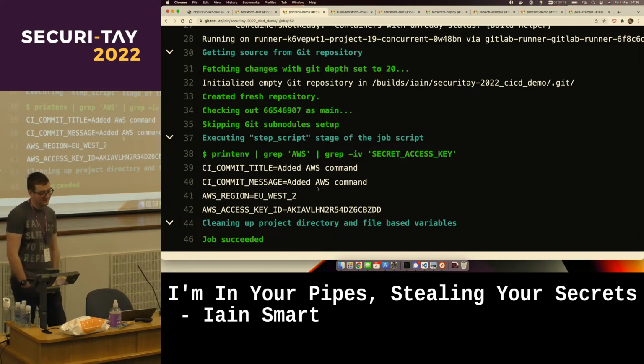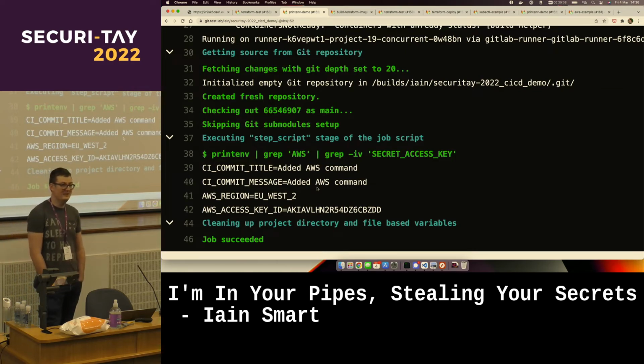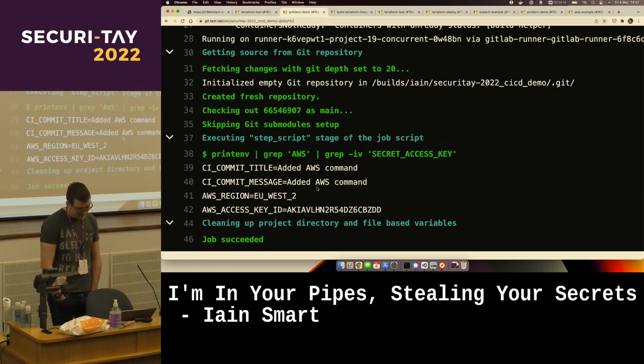Printenv is brilliant. GitLab has this really handy thing where you can say this is a sensitive value, don't print it out, so it'll show up as redacted in the logs. That's a regex at print time. So it turns out if you just pipe your command into base64, it doesn't get redacted. Obviously it doesn't match the regex for an AWS key anymore, so it's not an AWS key. So copy, paste, base64 decode, job's a good one.